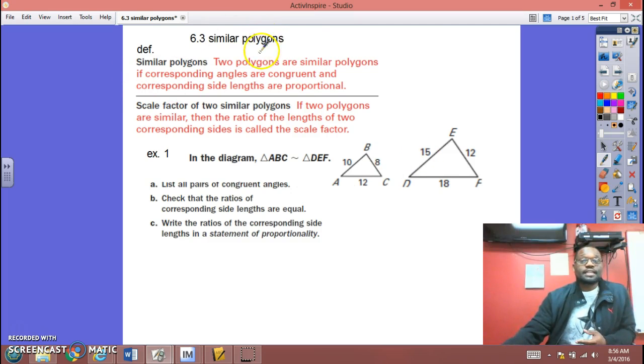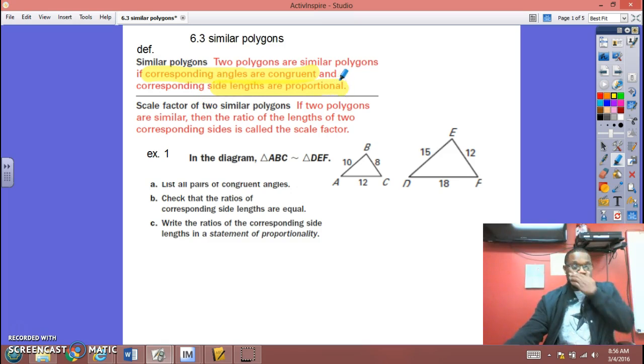All right, two polygons are similar. This is very important. Two polygons are similar if corresponding angles are congruent. So that's one thing. The corresponding angles are congruent and the corresponding side lengths are proportional. All right, so that's very important to check out. And so what that means is